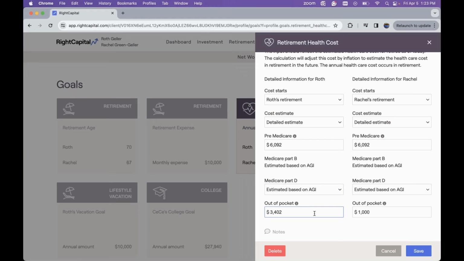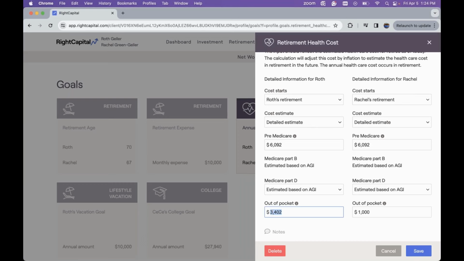And there's also a field, a fourth and final field, to indicate any out-of-pocket costs. This field would be an additional cost on top of the Medicare premiums. And this is typically something like dental or vision or just outside coverage to fill in the gaps between what they're currently paying for other Medicare premiums. But this is going to be a cost on top of the Medicare premiums Part B and D on an